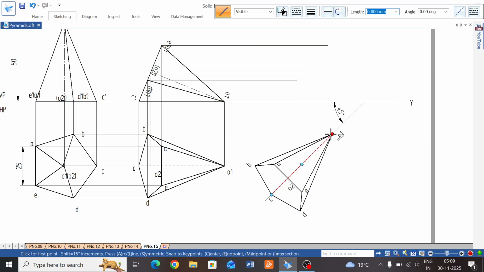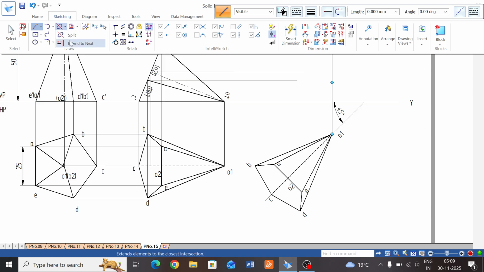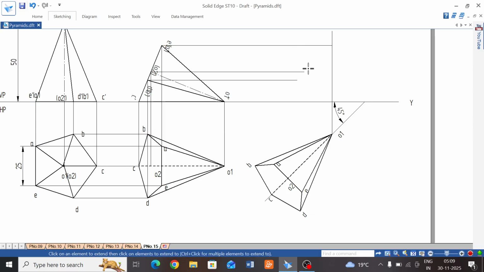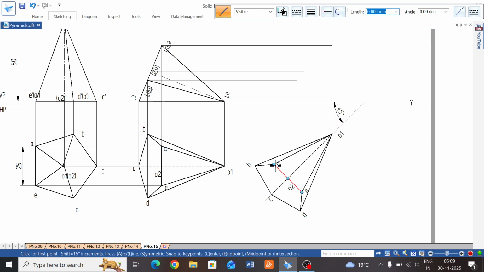Now you project O1 dash exactly 90 degree. See, its gap is there. You can make use of extend to next. It will go, and next project, starting with the A point, the top face, 90 degree. Next the B point, B is there. Okay, here is the B point 90 degree, and next the C point exactly over the XY line